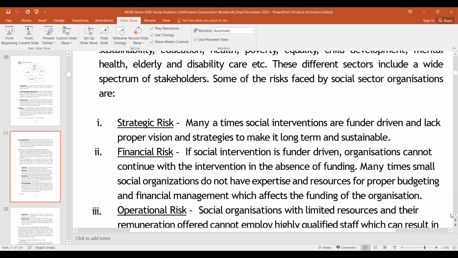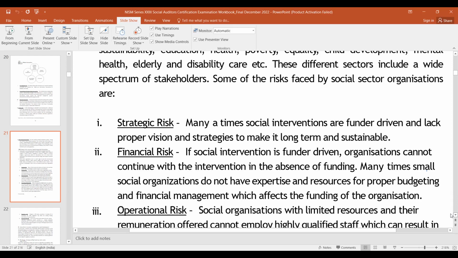Financial risk is there. If social intervention is funder driven, then organizations cannot continue, because if there is no, say, revenue model, organizations cannot continue with the interventions in the absence of funding. Many times, small social organizations do not have expertise and resources for proper budgeting and financial management, which affects the